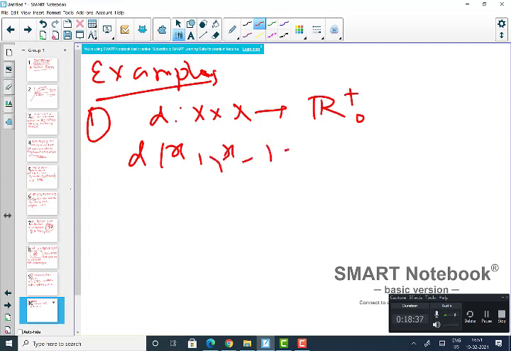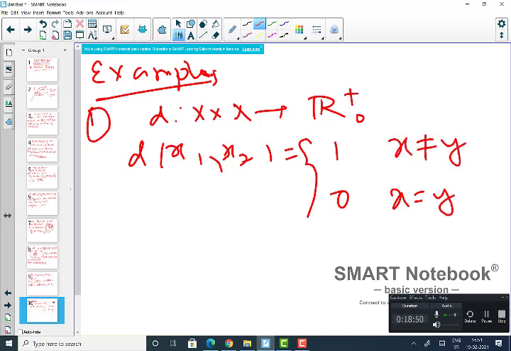You have two choices, either 1 or 0: if it is the same, then it is 0. If it is different, then it's 1. So what does that mean? That means given any singleton point, this point must be an open point. Singletons are always open here, right? So these kinds of metrics are called discrete metric,